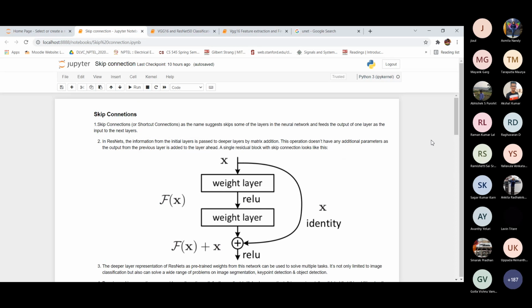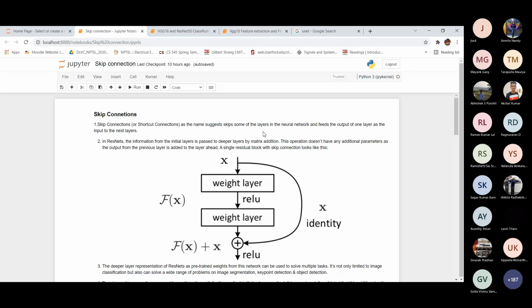Basically, skip connection, as the name suggests, will skip some layers in the network and feed the output of a previous layer to the next layers. In ResNet we use this.